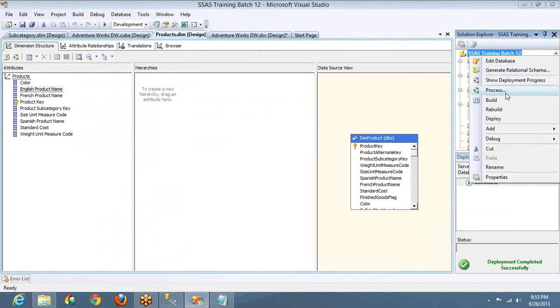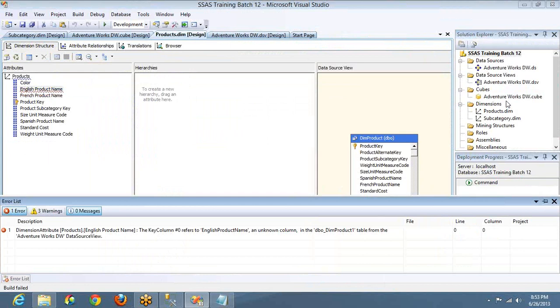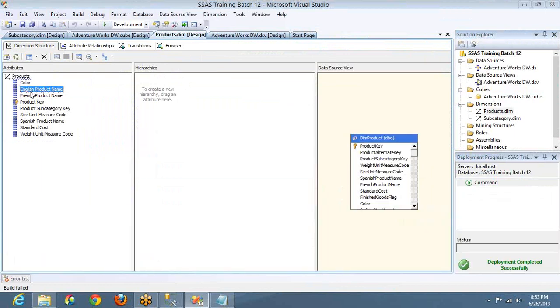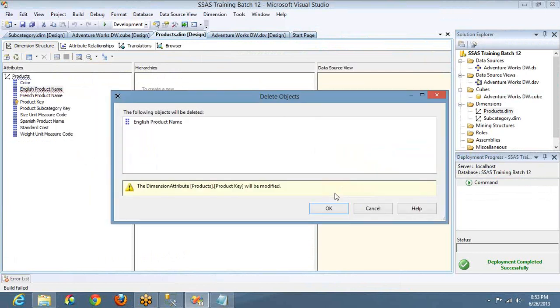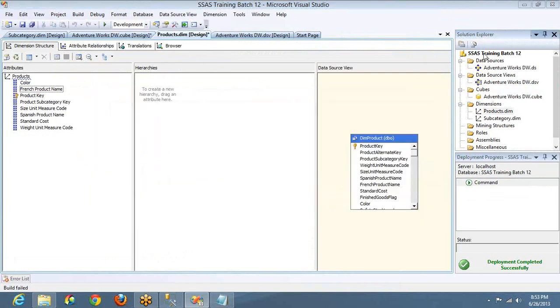Now if I try to build the solution, it will say there is an error, build failed. So building means it will check for syntax errors. To fix this, what do I have to do? I have to go and add the column, or if I don't want it at all, I can delete it. Deleted. Now if I build the solution, it will just check for the syntax errors and it is successful. So build, in the sense, will go and check for syntax errors.